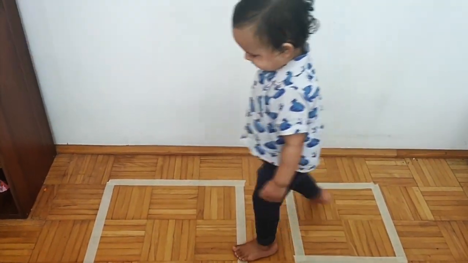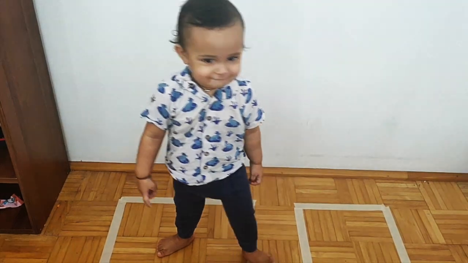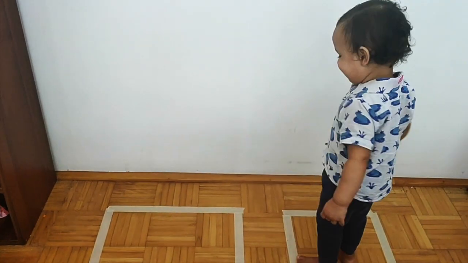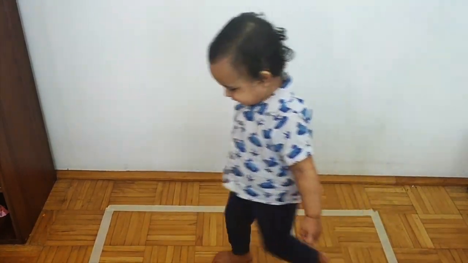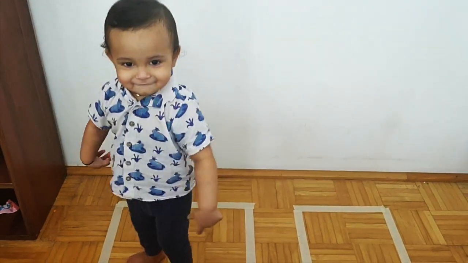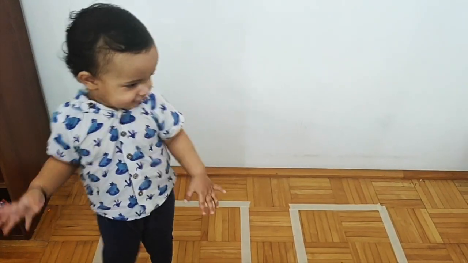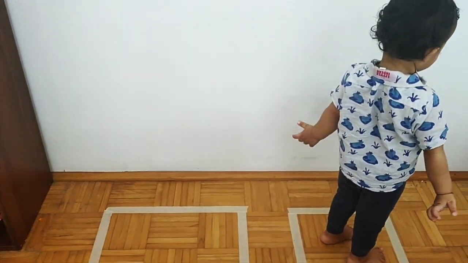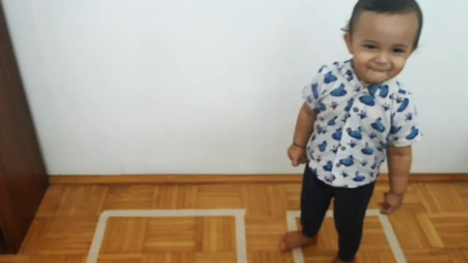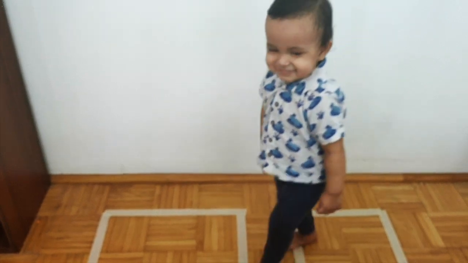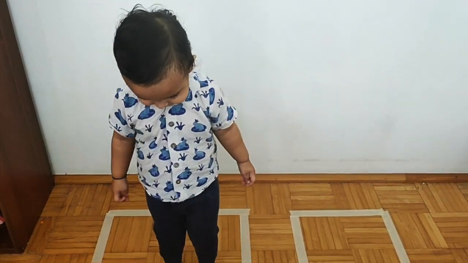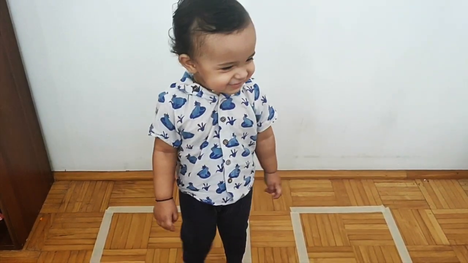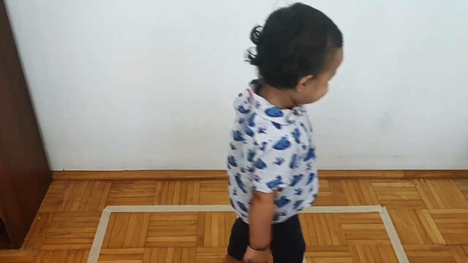You can mark different sizes, big and small, on the floor, trying to make them more attractive, and play with your kids by asking them to step in big or small places. This can also help in boosting the motor skills of your kids. Telling you personally, my son really loves this game. We both enjoy this activity, and this can also help you to keep your kid engaged in some activities.